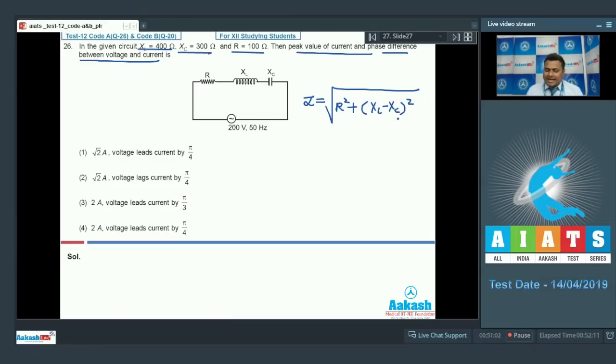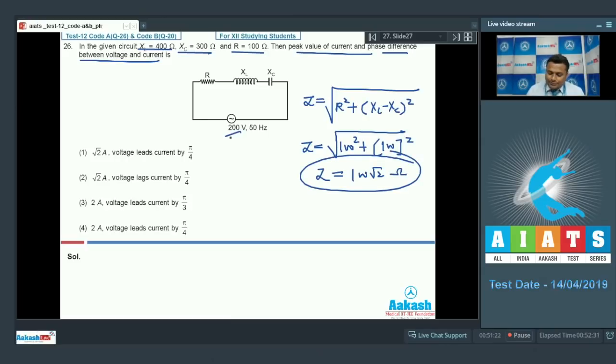Putting the value of R, XL and XC, we get the value of Z as root of 100 square plus XL, that is 400, minus XC, that is 300. So 400 minus 300 is 100, square. 100 root 2 ohm is the amount of impedance. Now RMS value of voltage is given. RMS value of current can be calculated now, that is V by Z, or 200 upon 100 root 2, which comes